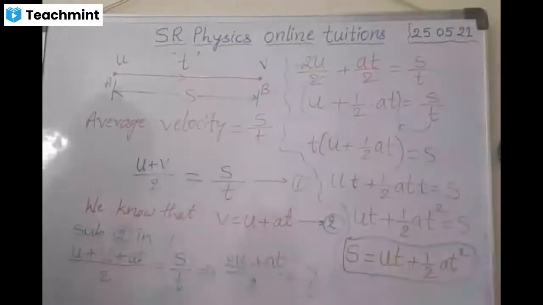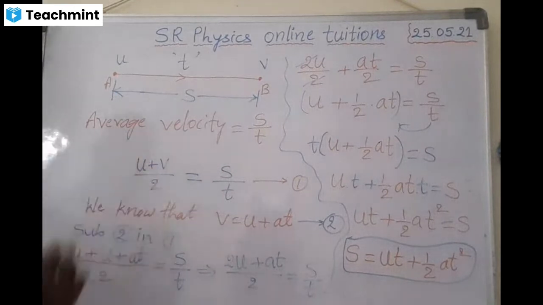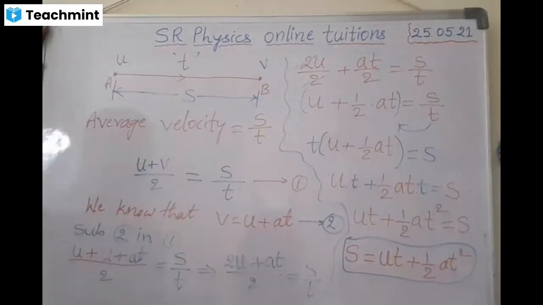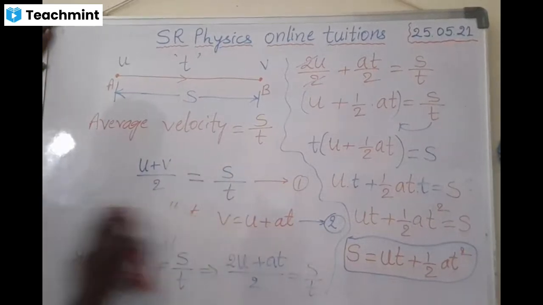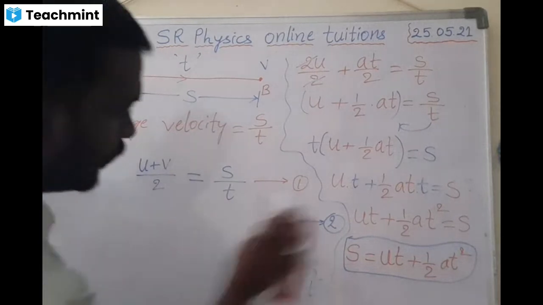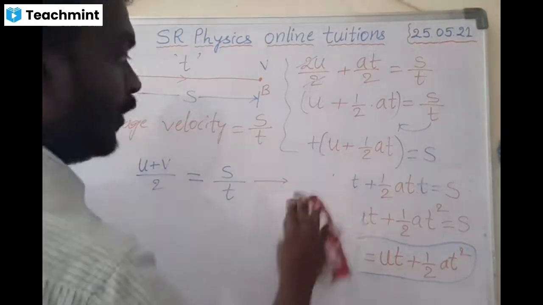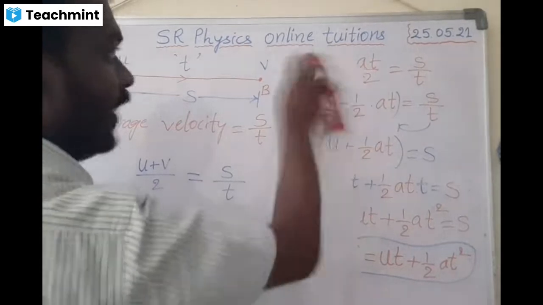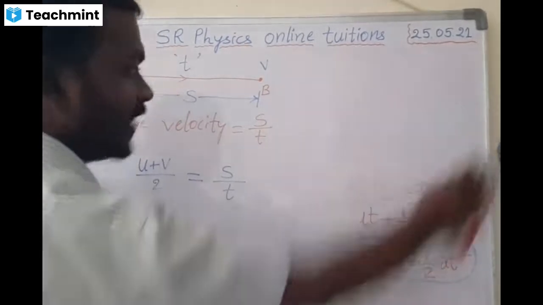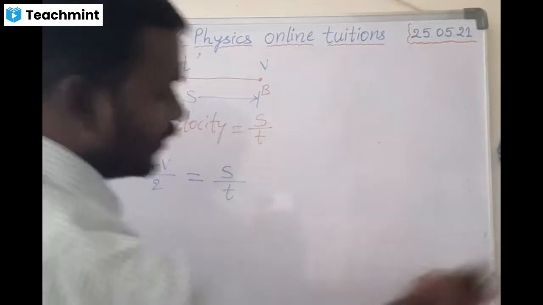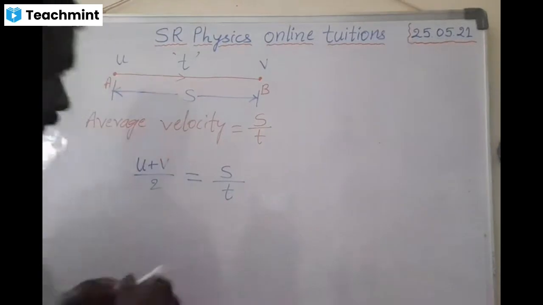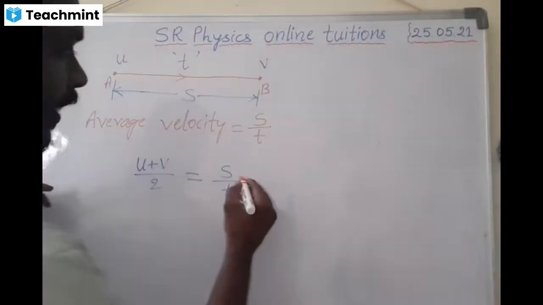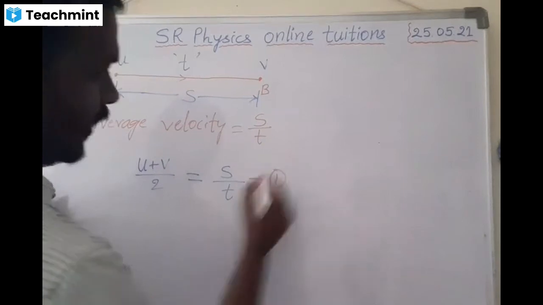Now let us go with the third equation of motion. For this same situation only, we'll be taking it for this equation. This is applicable for uniformly accelerated motion bodies only. These equations of motion are applicable to them. So now we are taking it as the first equation.